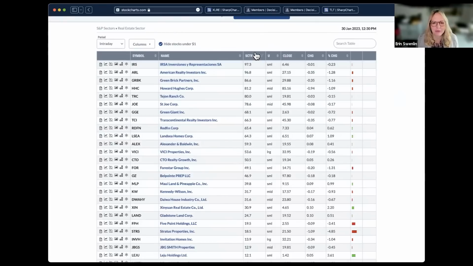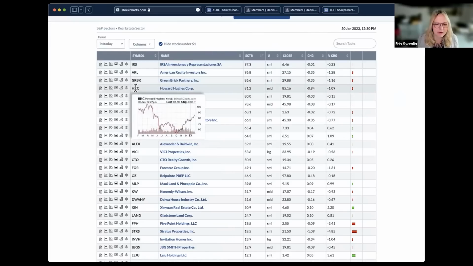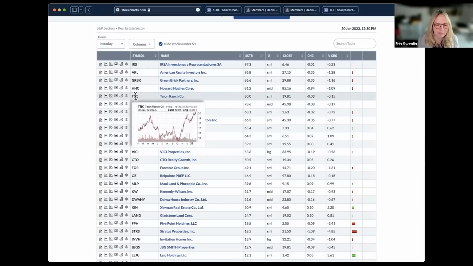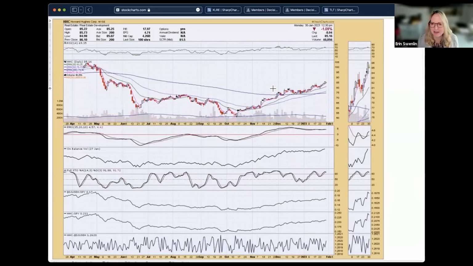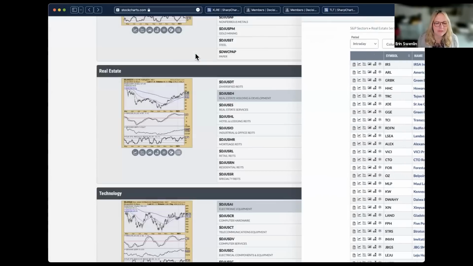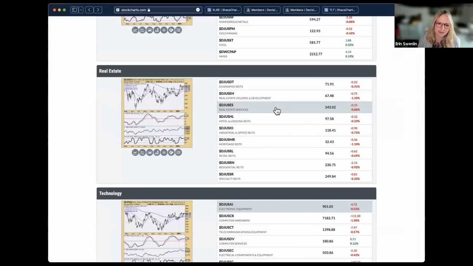And you can see you sort it by StockCharts technical rank, and then you're going to get all of the really strong ones at the top. And you can see how most of these are breaking out or making some really nice moves to the upside. I have to say Howard Hughes Corporation, HHC, just caught my eye. It is having kind of a big decline today, but it's not really changing anything, even the breakout that it had on Friday. So liking the look here of HHC. So that's one way you can just really dive in and figure out what industry group you like, how you can find some stocks within that group.